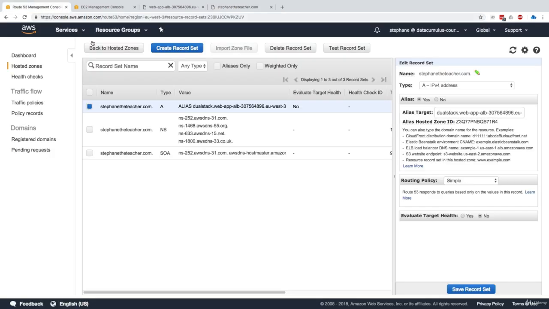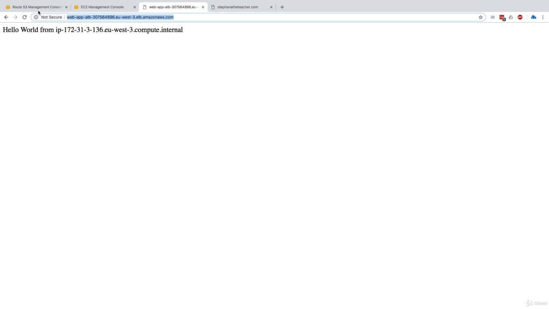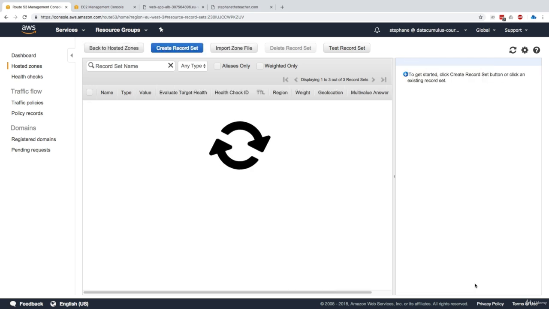The other thing I just wanted to show you, just for fun, it's not best practice, but what if we use a CNAME? So we'll say CNAME, test.stephantheteacher.com, and the value of which will be the value of my ELB, so I'll just paste the whole thing right here. It's not an alias this time, so we'll just say CNAME, and we'll click on create.